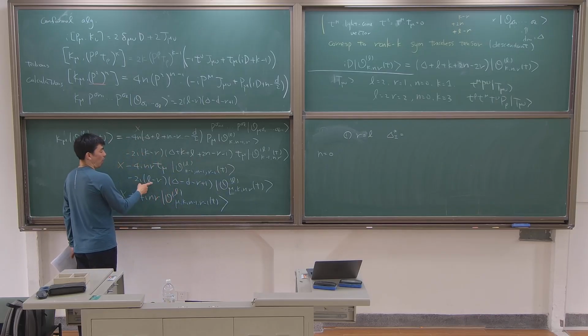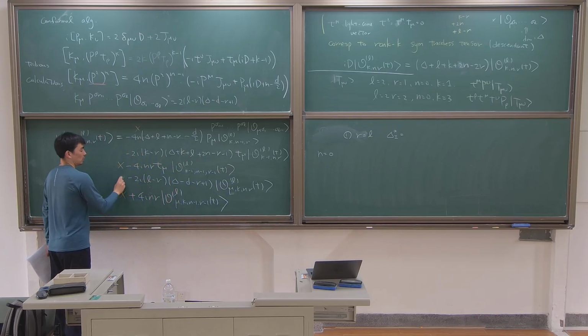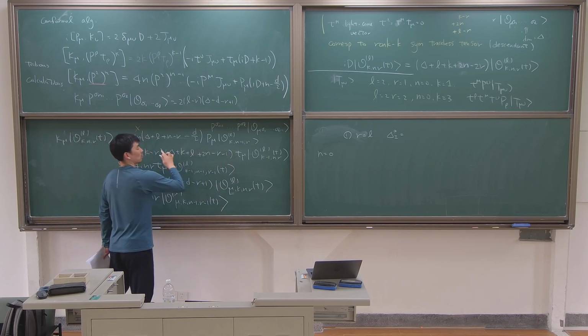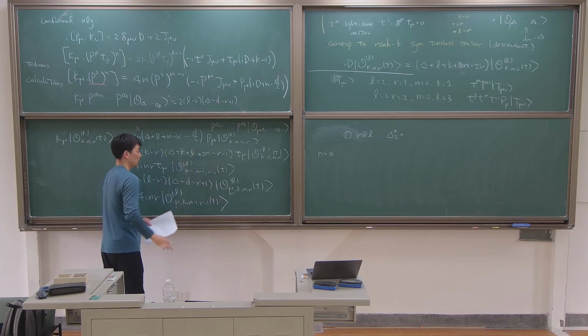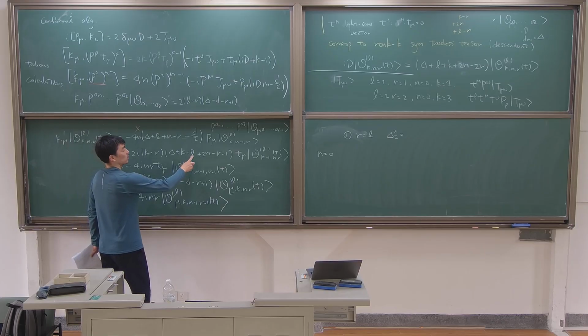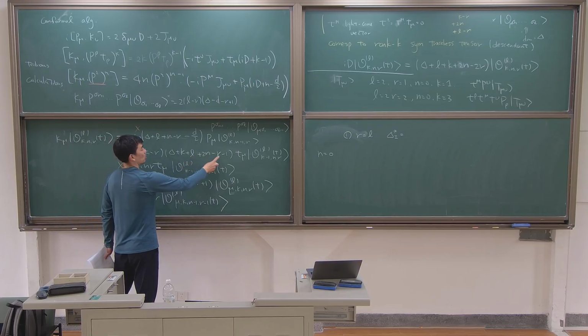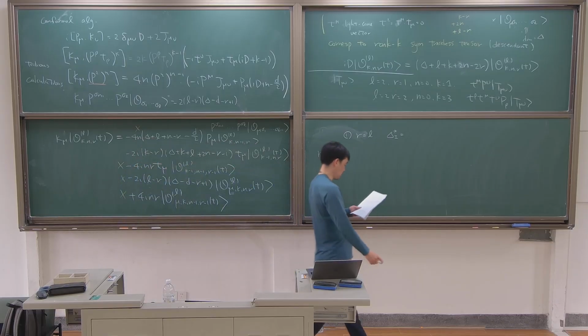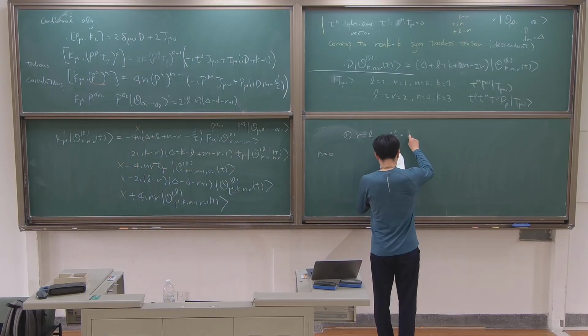So R equal to L means that this term is 0. Okay. So to make this term 0, this term needs to be 0. But now we set R equal to L, so therefore this term does not contribute. Okay. So therefore what you have is that the delta I is 1,